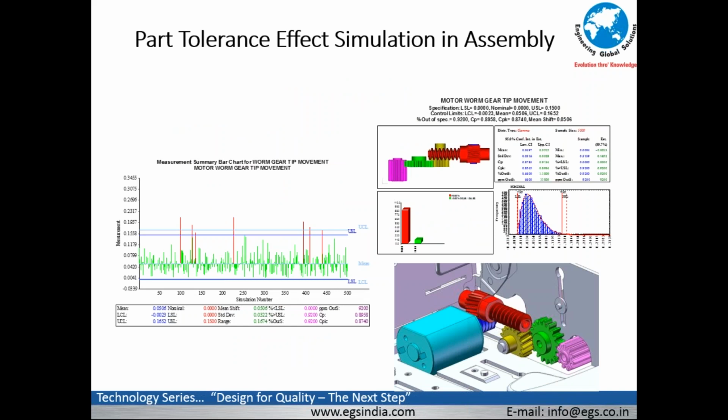In the next slide, you will be able to see in this dashboard the production process. If you were to simulate it, how many would deviate in a typical process, based on the process capability that you gave, or based on a 6 sigma or a 3 sigma process that you chose. You can come up with which are the sensitive tolerances, how those sensitive tolerances interact, what kind of yield is coming from the line, what kind of distribution is going to take place, and what typically will be the ppm levels. Now this helps us to achieve product quality and reliability goals even before the drawing has been signed off.